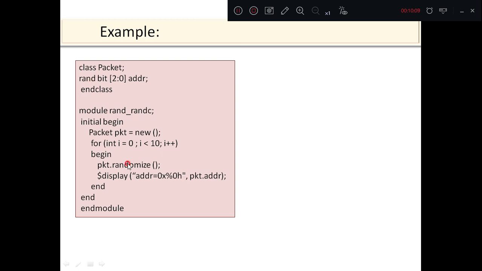But when we declare it as rand, again the value can be repeated. So when the loop is repeated for the fourth time, the value may be again 3. So 3 was initially assigned, and again the value may be 3, or the value may be 4. 4 may occur twice, or 5 may occur twice. Anything may occur twice. That is the meaning of rand. Any random value may also be repeated when assigned to a particular variable address. Since it has 3 bits, the values will be from 000 to 111. It means that the value will be between 0 and 7.